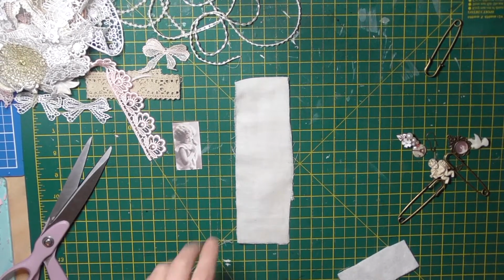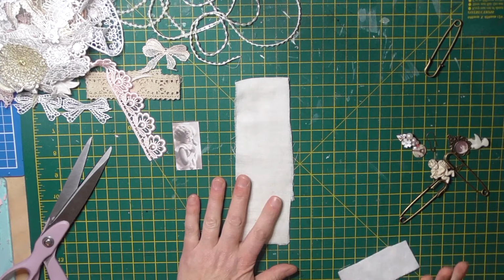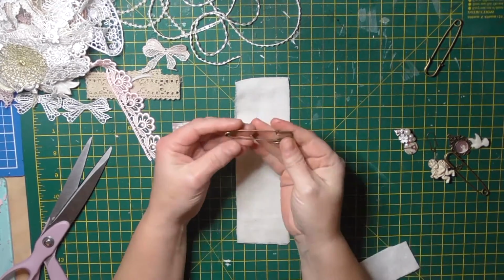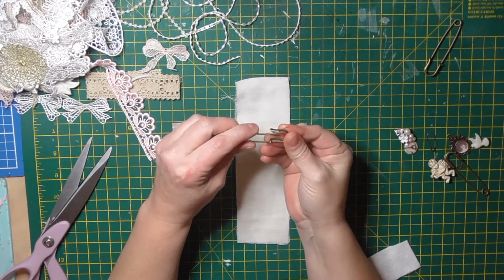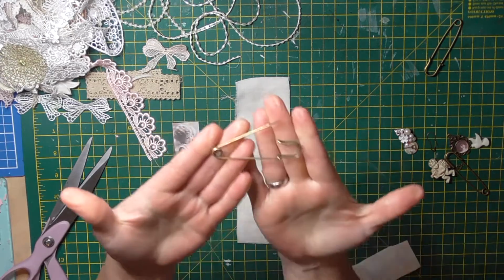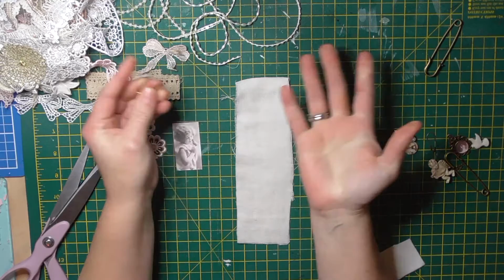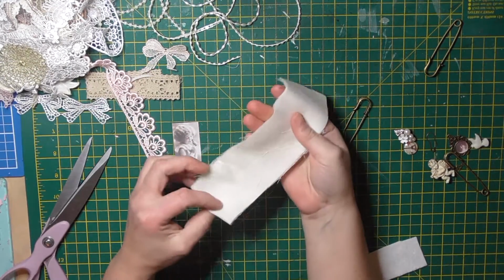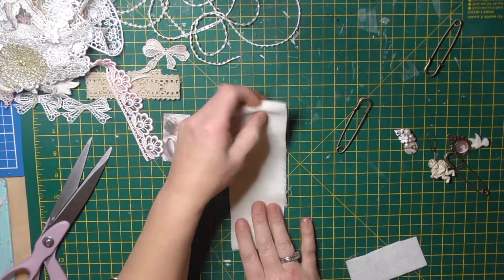Gents, I've got another tutorial for you today, and I'm going to be making a miniature kilt pin miniature wall hanging. So you get these bronze tone kilt pins, and you can buy these over at the Trinket Parlour, and you can make yourself some mini wall hangings. So I've got here some muslin, which is nice and fraying, and it's about 2 inches